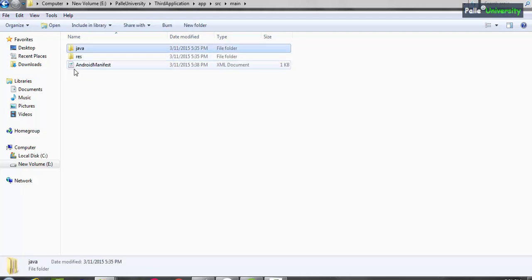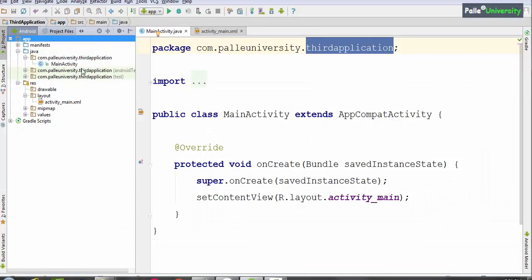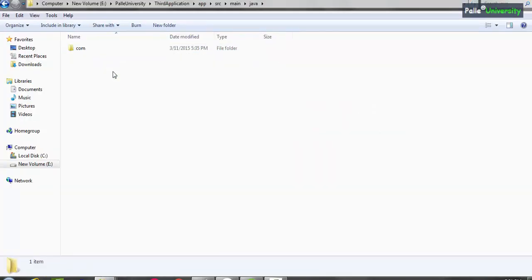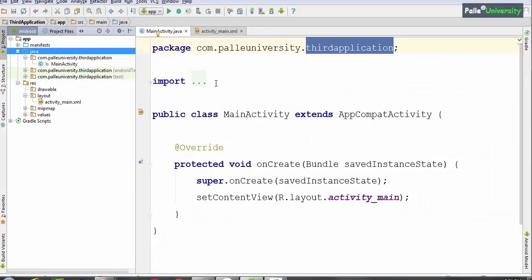Here can you see there are two folders, Java folder and resource folder. This resource folder and Java folder. Let me open Java folder. Now, what is your package name? com.palleuniversity.thirdapplication. So inside this Java folder, it would have created three folders.